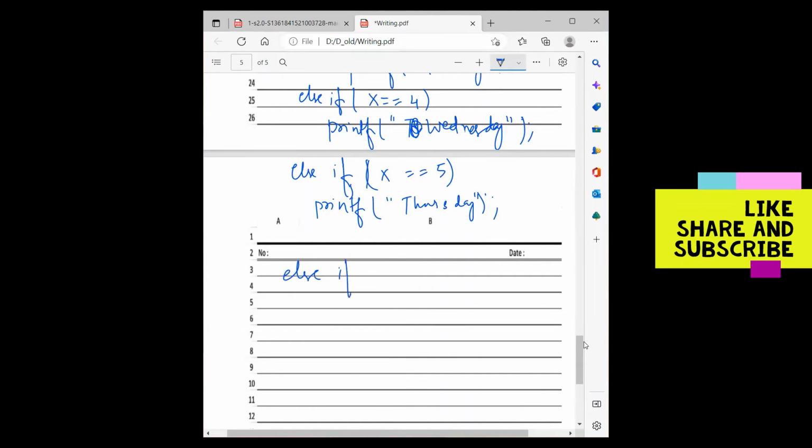Else if x equal to 6, printf Friday. Then what do you write? Just else, if all these statements are false. You can also check for 7: else if x equal to 7, then printf Saturday. And in the else,